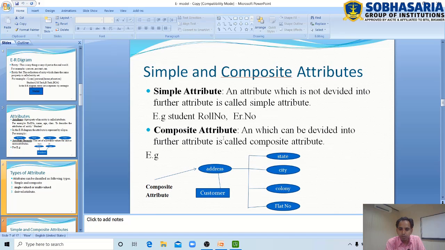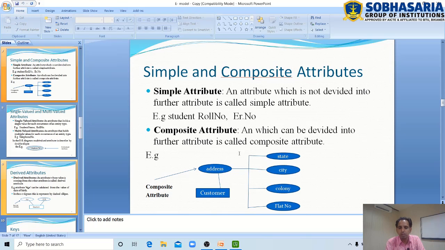Now, what are composite attributes? An attribute which can be divided into further attributes is called a composite attribute. For example, a customer has the attribute address. Address can be divided into further attributes like state, city, colony, then flat number.